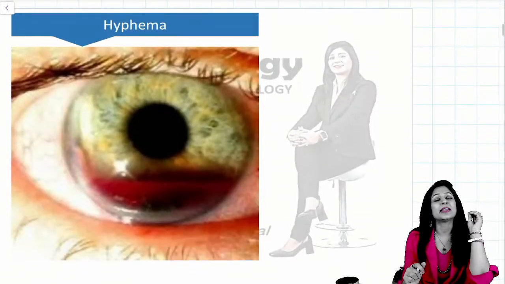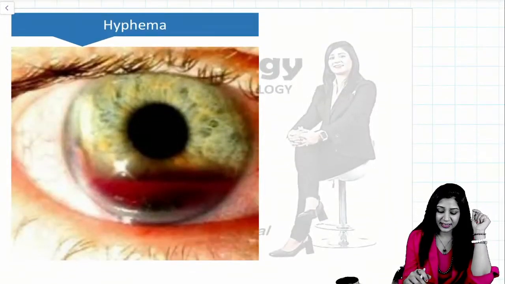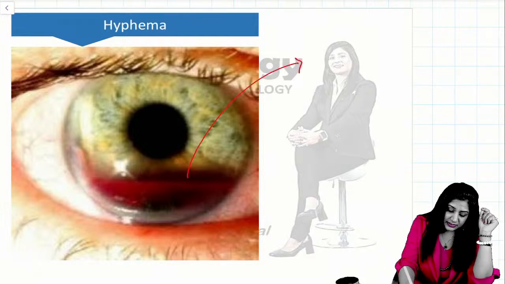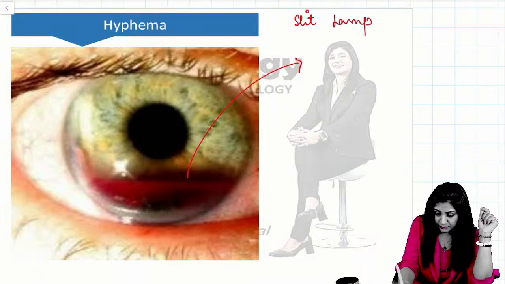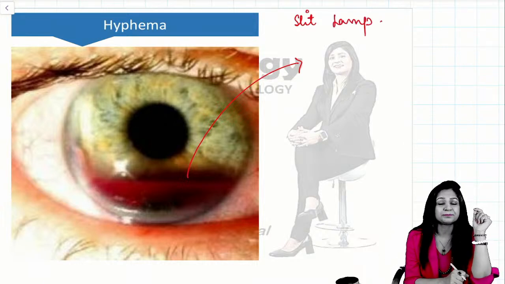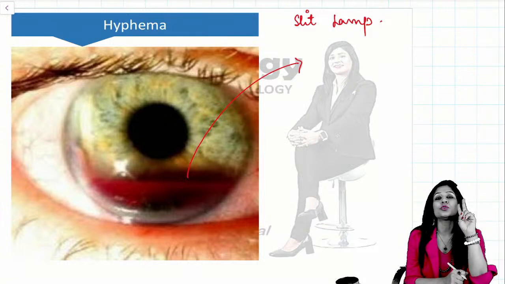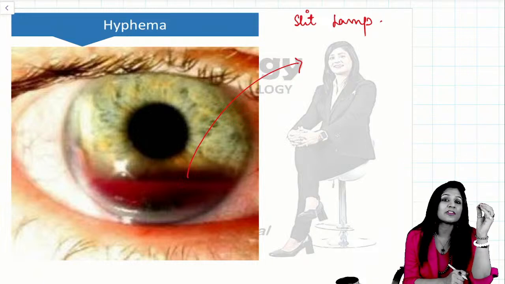Now coming to another important thing. What is this, guys? Can you comment? What is this finding? This is again a slit lamp picture you can see, and what you can see, can you comment here? First of all, you should know that it's a slit lamp finding. Number two, you should know what is there, and then we will discuss what is the source of this